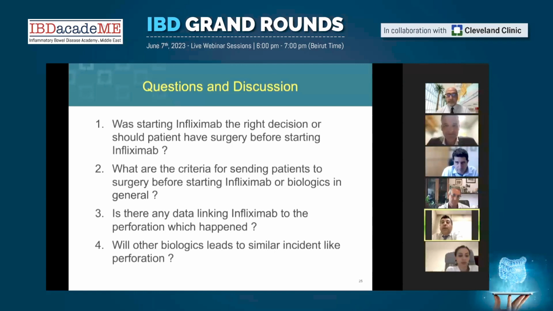We know from real-world experience and post-hoc analyses of their trials that they are. And in my personal experience, I've seen a tremendous response with ustekinumab after fistula and rectal disease failed adalimumab. So yes, it's an option, and I think all of us would have started that, short of discussing